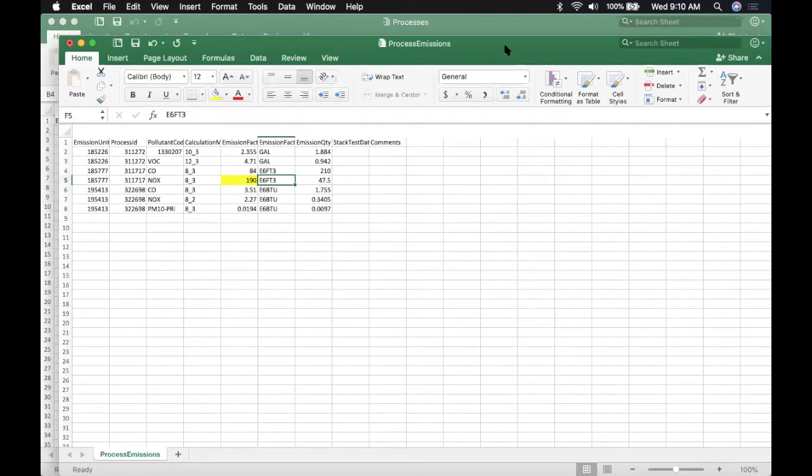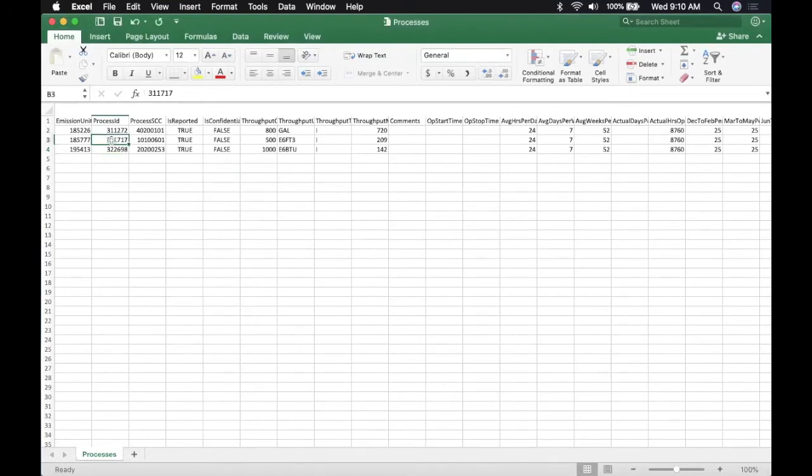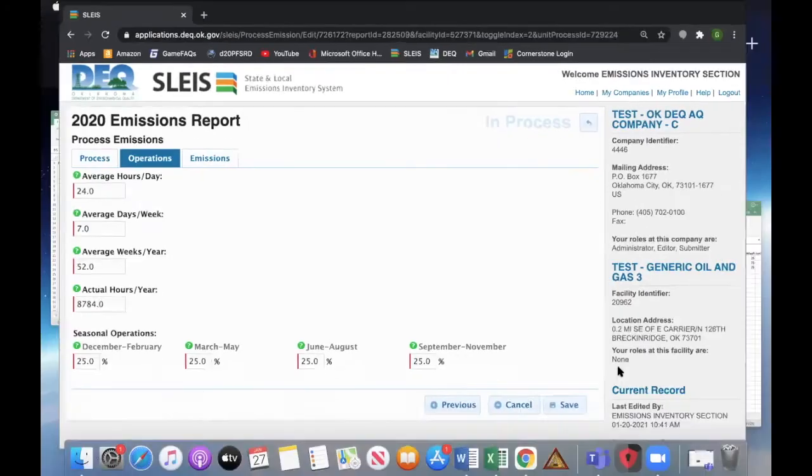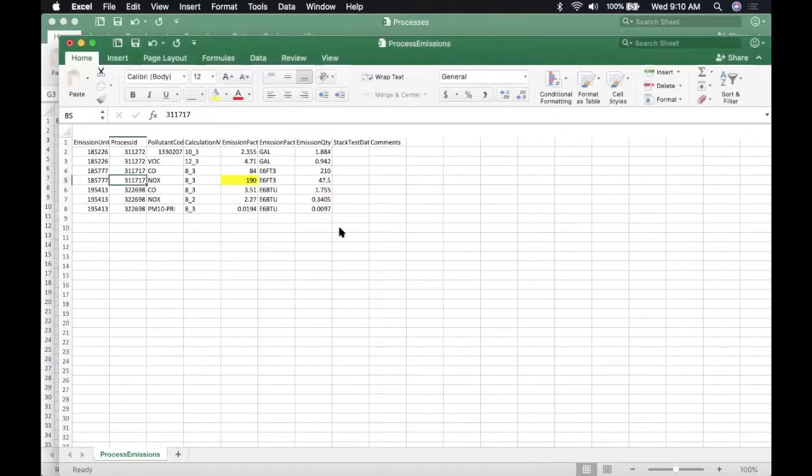And then let's look at our other tab. I guess we need to keep in mind our process ID, this one right here, 311717. We come back over here, 311717. We can see that our throughput unit is also E6FT3, or million cubic feet. So we do expect that when these files are uploaded to SLEIS, SLEIS would do the auto calculation and it will overwrite this. Despite me saying that there's 190 tons of NOx at this process, when SLEIS imports the data, it will do the auto calculation based upon our emission factor